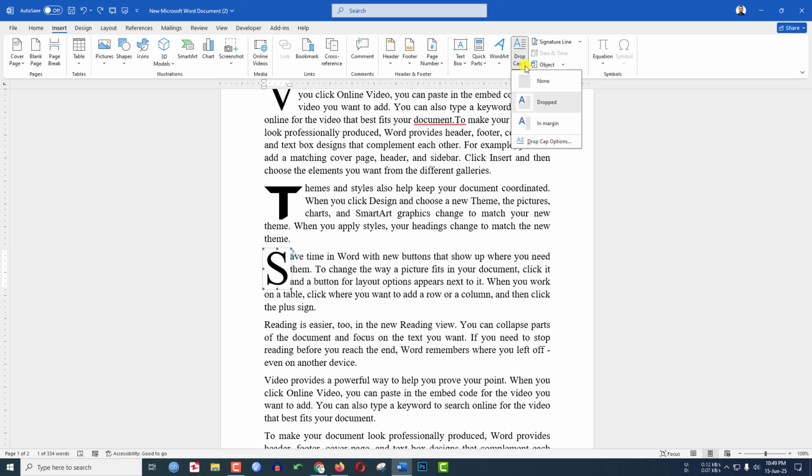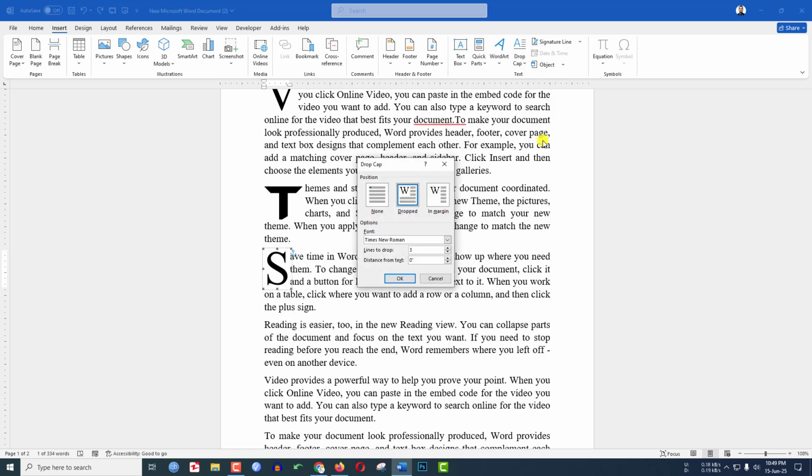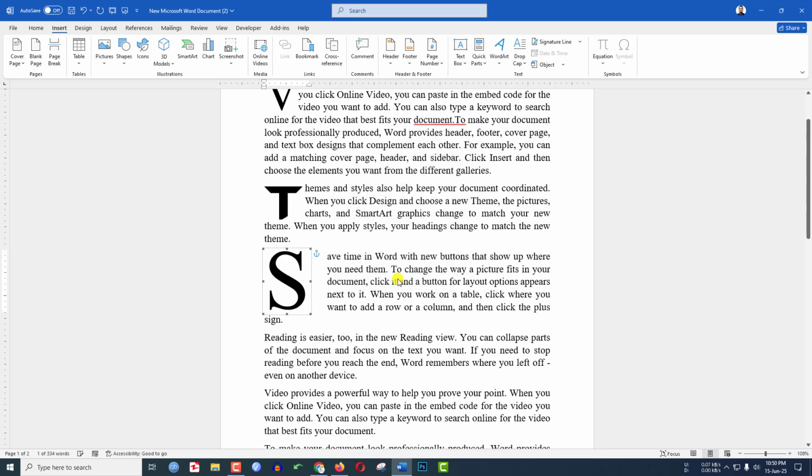Again, go to Insert, go to Drop Cap, go to Drop Cap Options. Here, Lines to drop: if you want to increase the line, then the drop cap will use 5 lines, and you can increase or decrease the distance between the text and the drop cap. Click on OK, and here you will see the distance between the text has been increased and the drop cap also